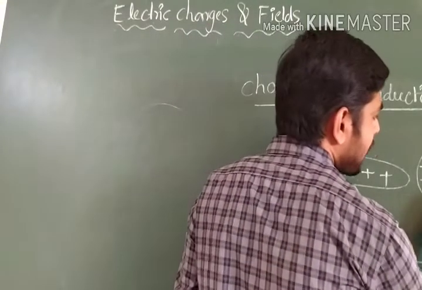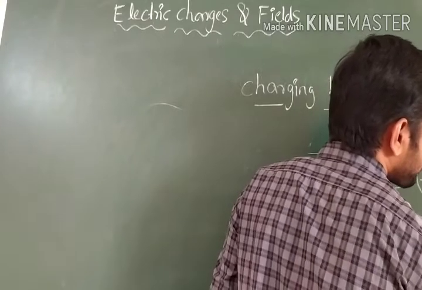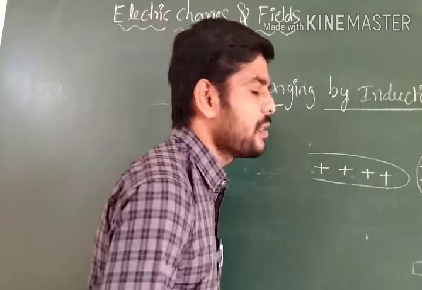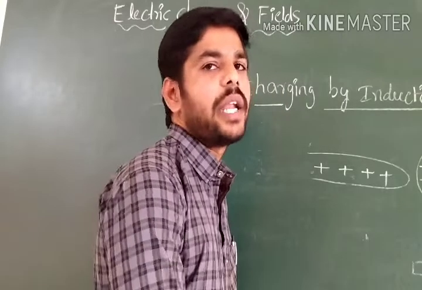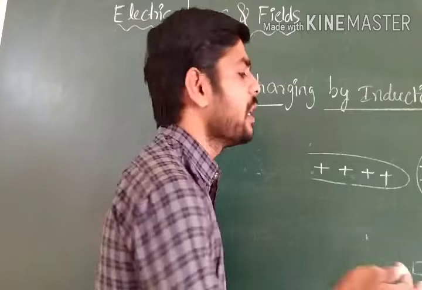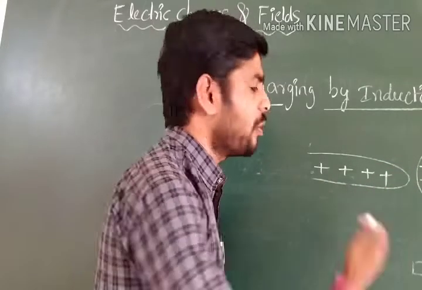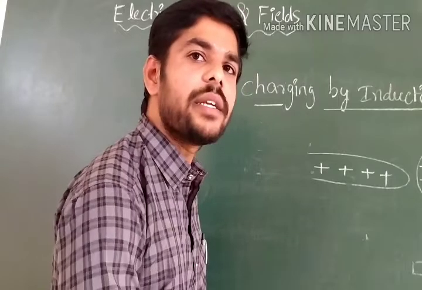For suppose, in this same process, again I connect the sphere to the ground. The ground has a number of electrons, positive charges and negative charges. How much positive we need, that much positive it gives to the sphere, and how much negative, that much of the charge it gives. It gives and takes charges.